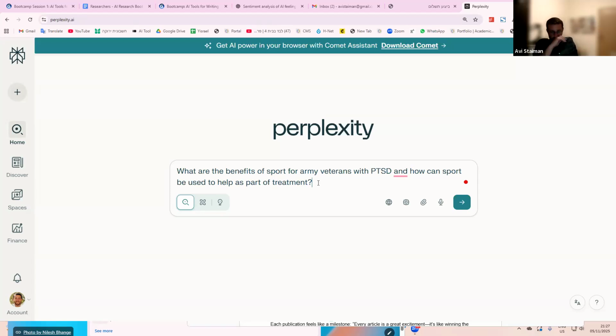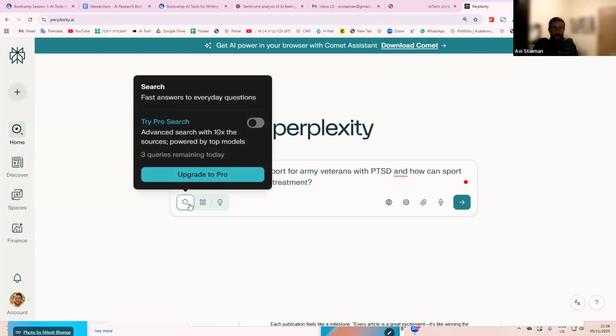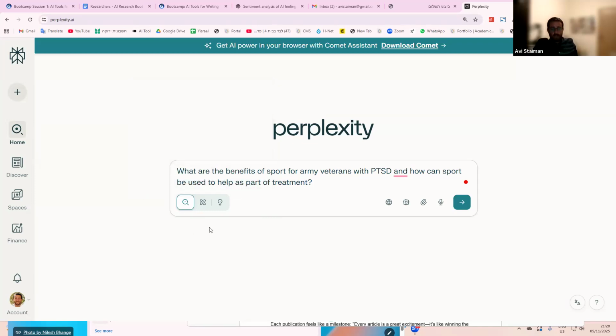I'm involved in such a project, so I want to understand the, let's call it, scientific aspects of this question. All right, so the first thing I want to show you is that it will by default be on this magnifying glass, which is a search tool. I highly recommend that for most questions where you actually want it to think.